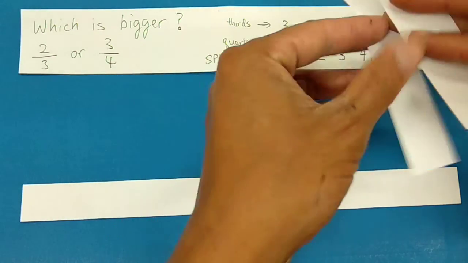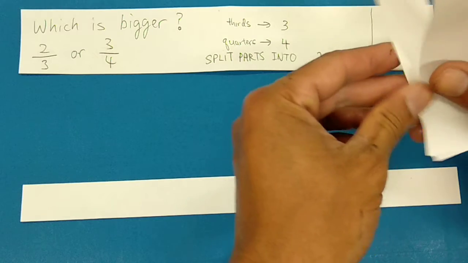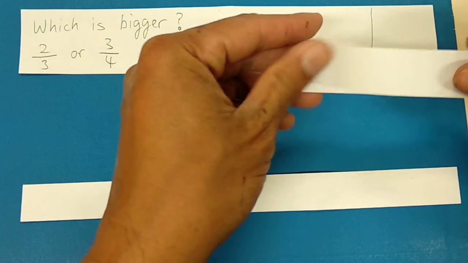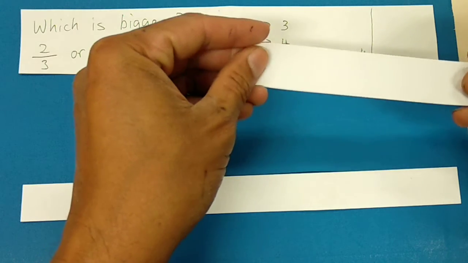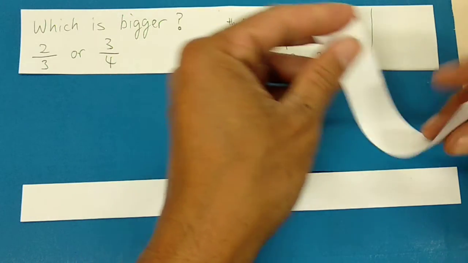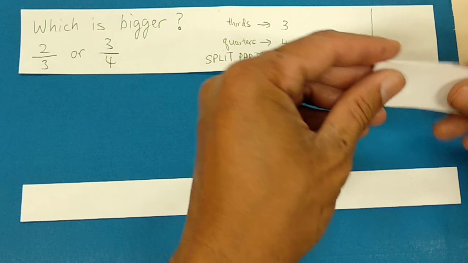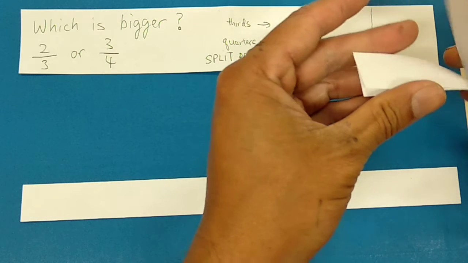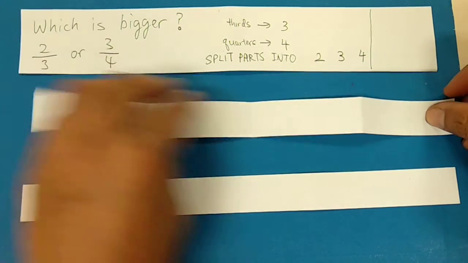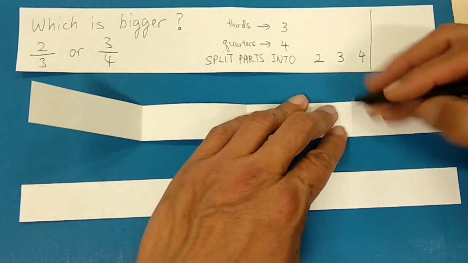So I'm going to start by folding the first strip into quarters because it is the easiest to do. I'm going to make one fold, fold it into half, and then fold the two layers into half as well. And so this easily gives me a strip in quarters,